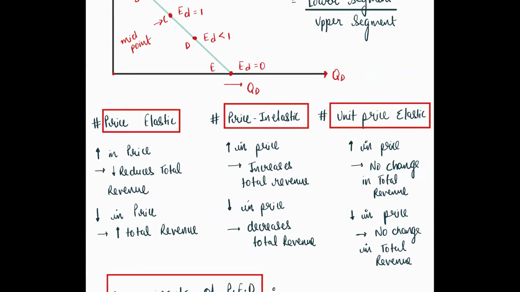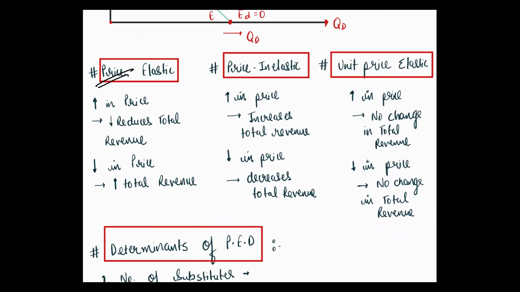Now total revenue एक method है, तो price elasticity, price inelasticity and unit price elasticity. इफ व्हाट टोटल रेवेन्यू किस में ज्यादा होगा, ध्यान से देखो, इफ इंक्रीज इन प्राइस, प्राइस इलास्टिसिटी में क्या होता है? फॉर्मूला इज जस्ट रख दो ना, डेल क्यू डी बाई डेल पी. सो प्राइस इलास्टिसिटी में क्या होता है? पीईडी इज ग्रेटर देन 1, it is greater than 1. Is it clear? So what will happen? If there will be an increase in price, there will be a reduce in total revenue.